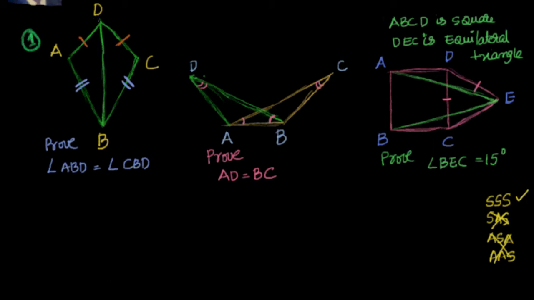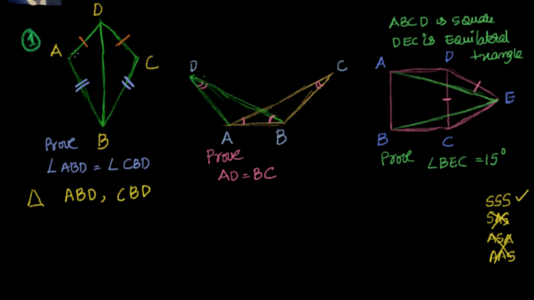Okay, right. Now look at this diagram and see what the congruent triangles are here. Look at this triangle BAD. If you take it and flip it over, it becomes CBD, right? So if I start from ABD, what is the next triangle we have? ABD and CBD. We want to prove SSS, right? That means sides should be proven.